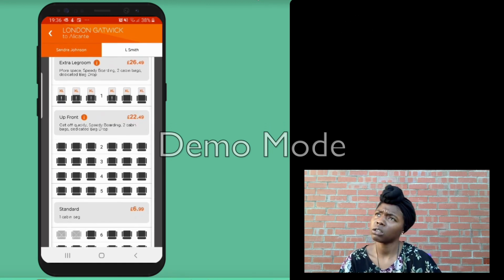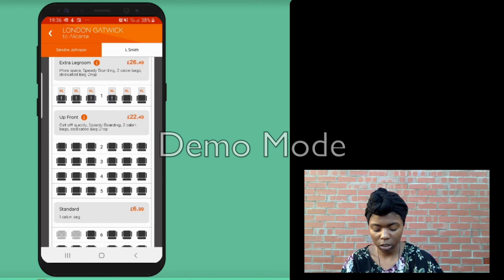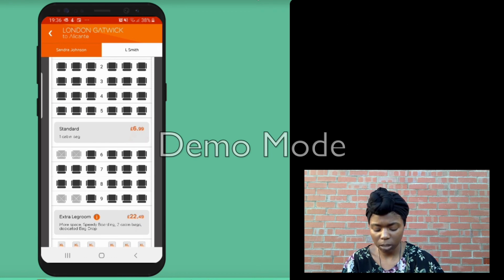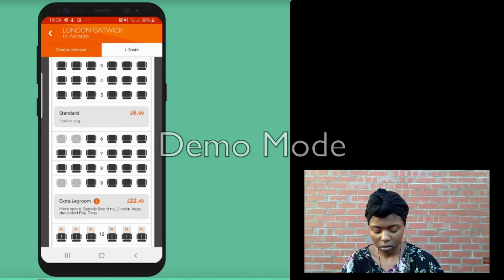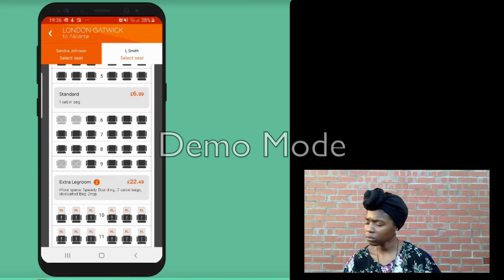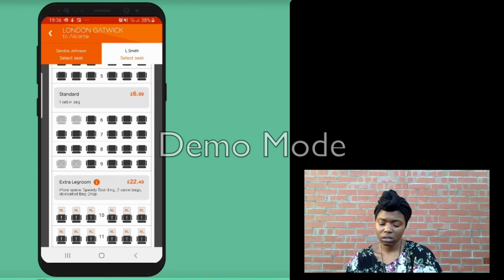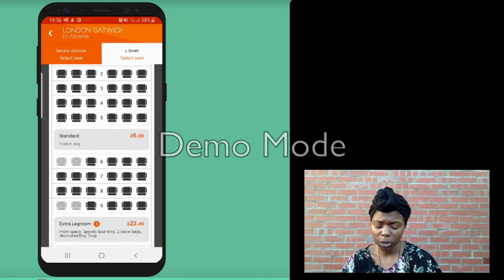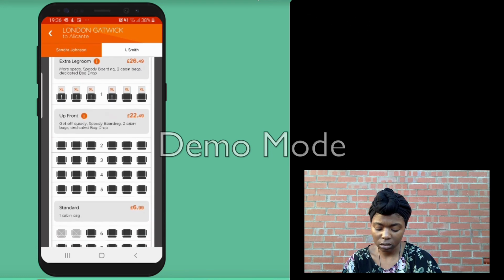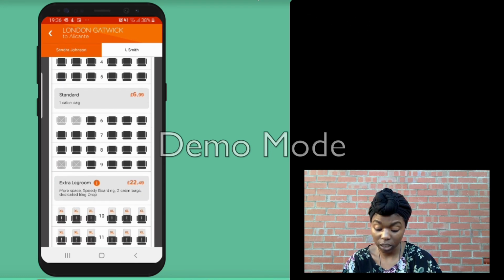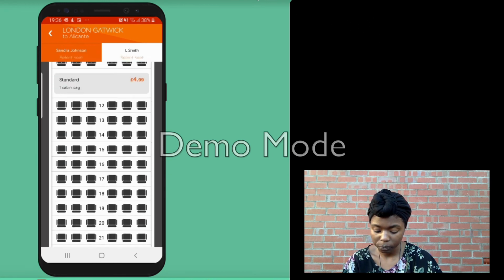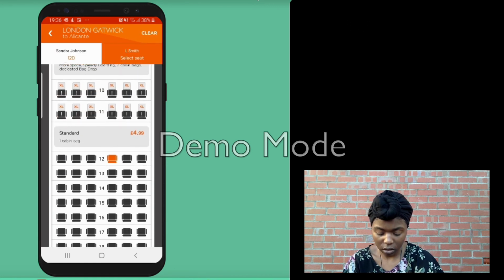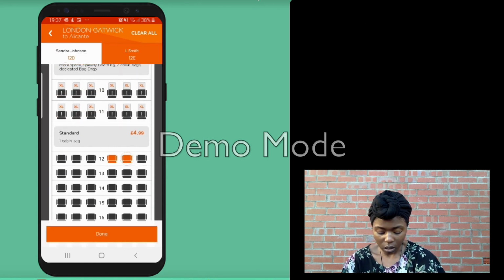So if you had bought a ticket, but you needed 2 cabin bags, but then you only wanted to pay for a standard seat, what does that mean? Does that seem confusing to you? A tiny bit, yeah, because you wanted to bring in more bags. But then that means you can only select a certain seat, doesn't it? Which costs you £22 rather than £4.99 or whatever. So yeah, but I guess I can select per person, and then